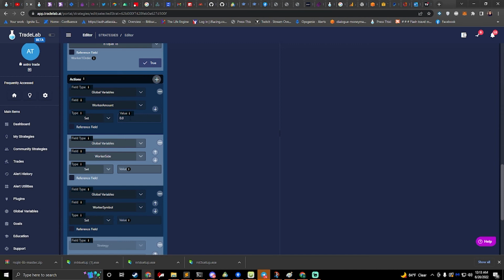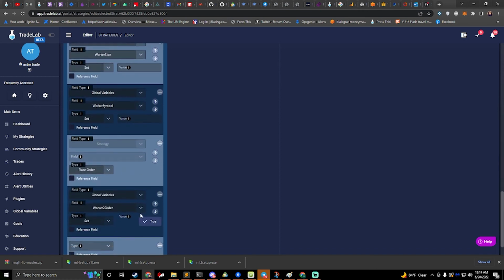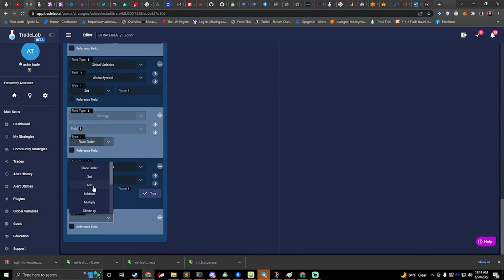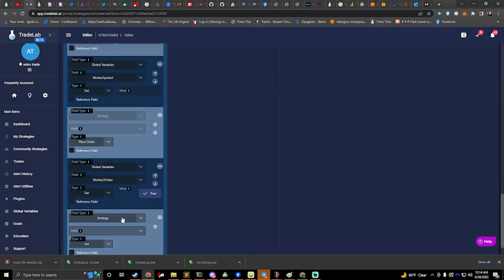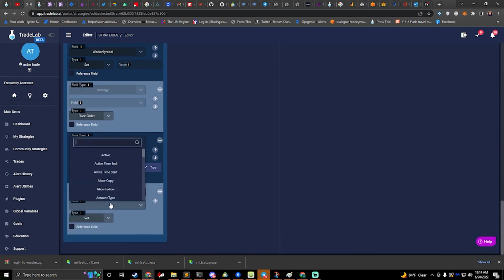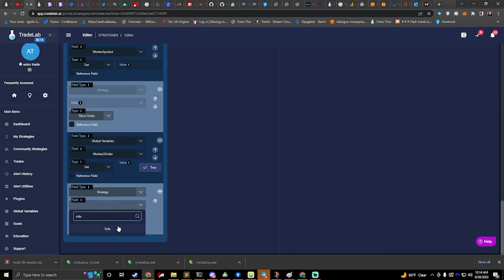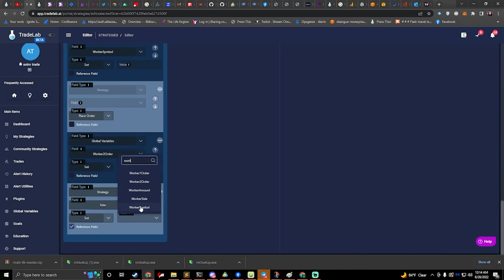So far we've talked about clearing out these, okay? But before we clear them out, we actually should be using them, okay? So what we want to do is set our strategy side and symbol. So we'll do side first. We want to set our strategy side to a reference field, and the reference field will be worker